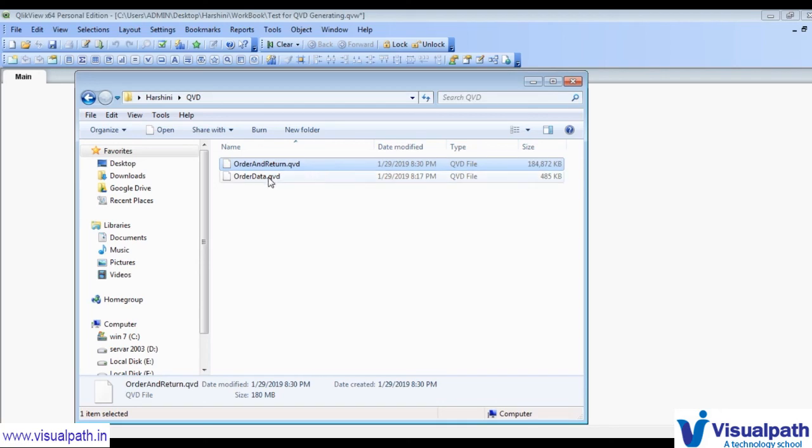So that means I have concatenated or joined two different tables, order data and return data. Whatever modeling I want to do, I can do the modeling in the first application, and then I can create a single QVD from them. And this single QVD I'll use in my second application. So there are two ways. Instead of creating multiple QVDs for multiple tables, I can do my data modeling and create only a few QVDs, and those few QVDs will be useful in the front end application. That is the difference.